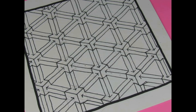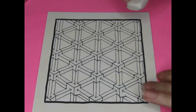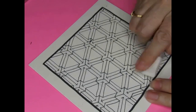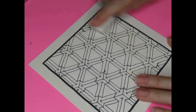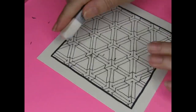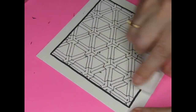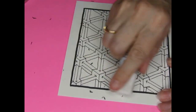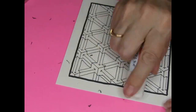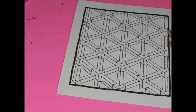Okay, now I'm going to erase. Gee, look how long this is. This is a really long video. And I want to see if I can do something to disguise that mess in this corner by perhaps